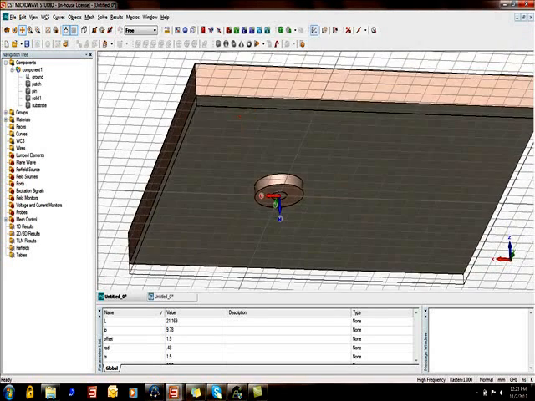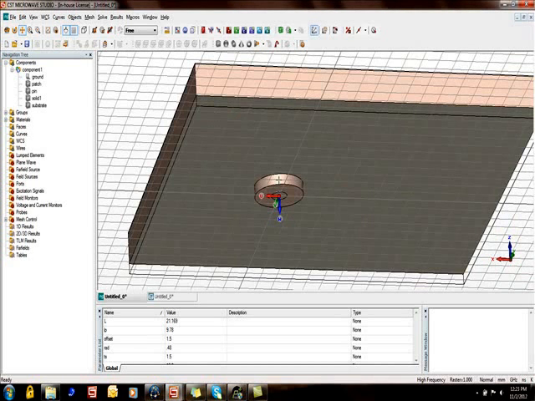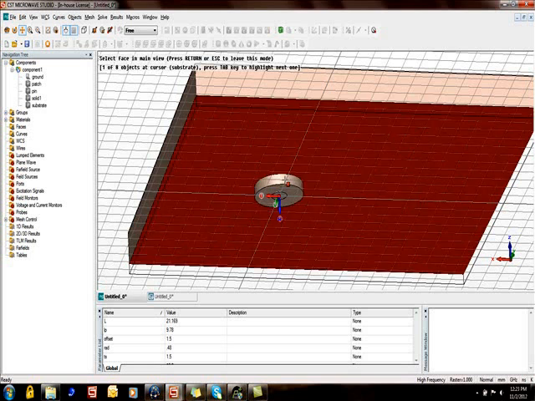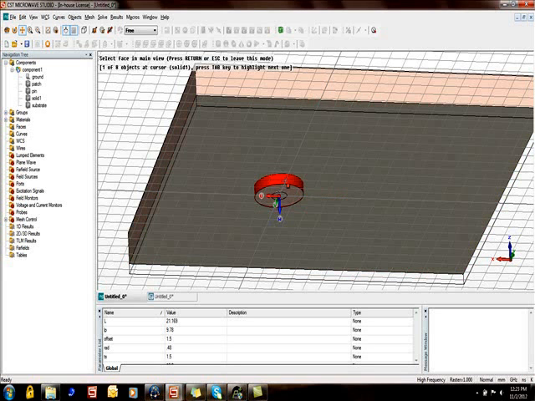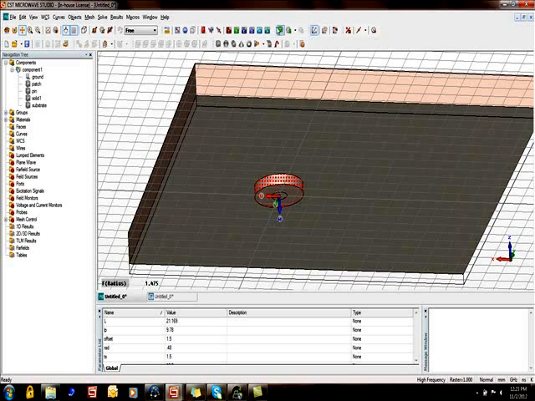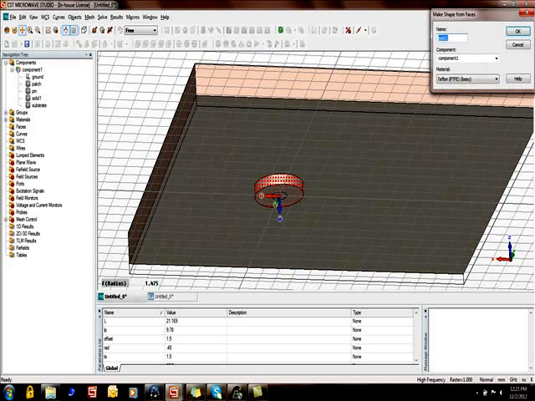And after this, your next task is to define outer conductor. For outer conductor, select dielectric layer face, and then again, if you want to give some thickness, you can use extrude option, otherwise you can use make a new shape from pick faces option.